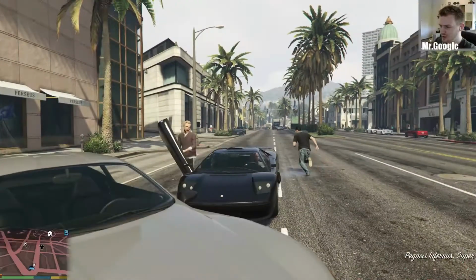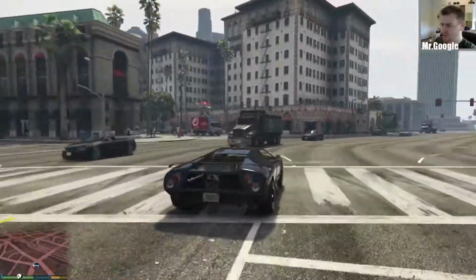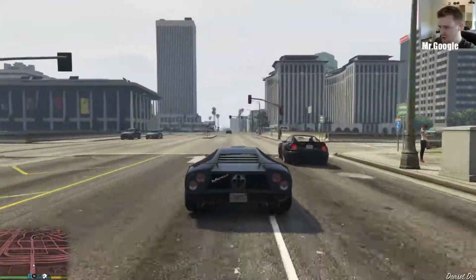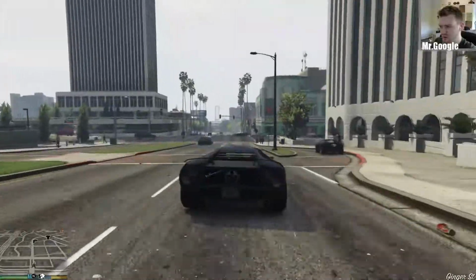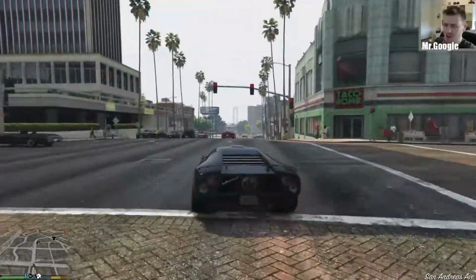So if you guys are considering this, there aren't that many specific features for the PC version. I think the grass has more detail, and I think it has more trees and other stuff like that, more cars. The draw distance is further, and the frame rate is higher, or at least it can be higher if you have a